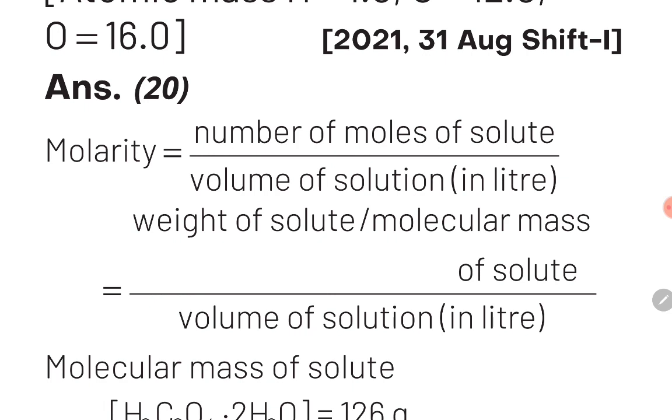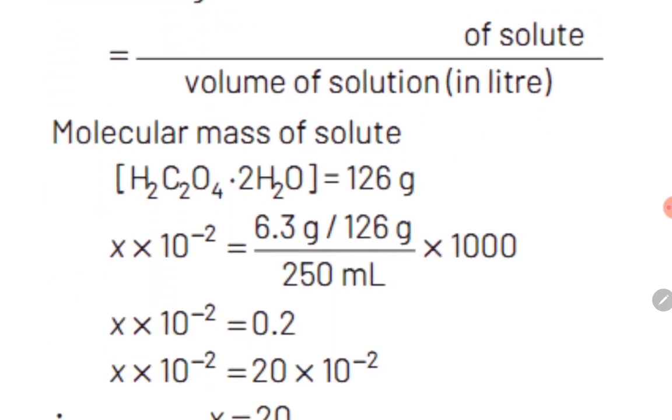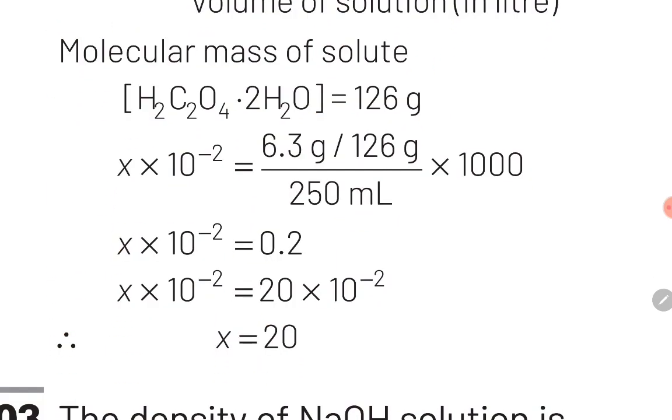Molarity is equal to number of moles of solute divided by volume of solution in liters. Guys, number of moles of solute is given by the equation given mass of solute divided by molar mass of solute. Guys, given mass of solute in this question is 6.3 grams and molar mass of solute is 126 grams. So guys, the equation will become molarity is equal to 6.3 grams divided by 126 grams whole divided by volume